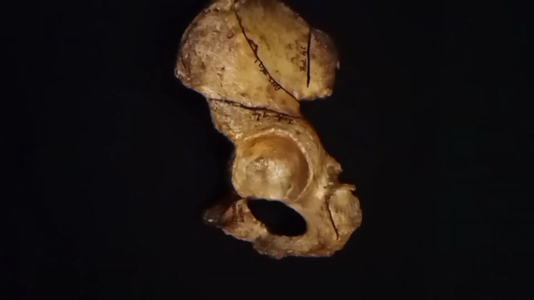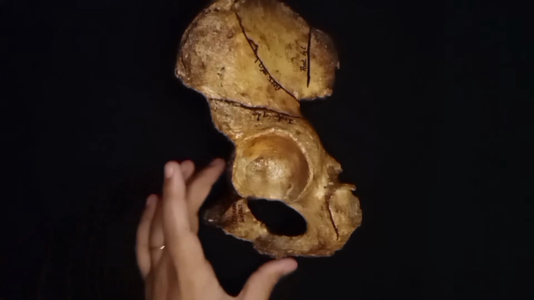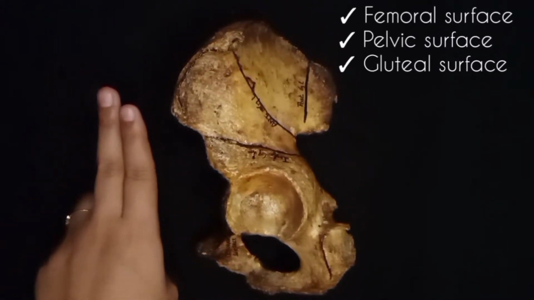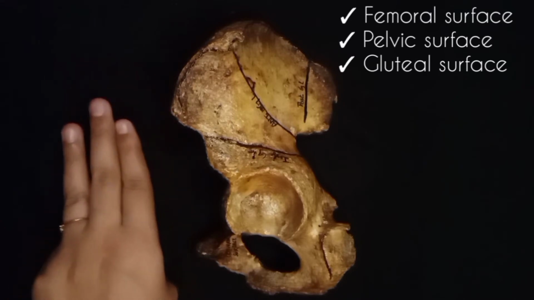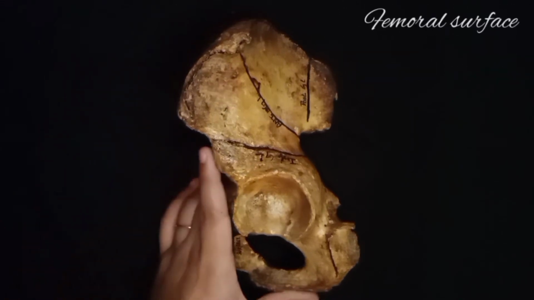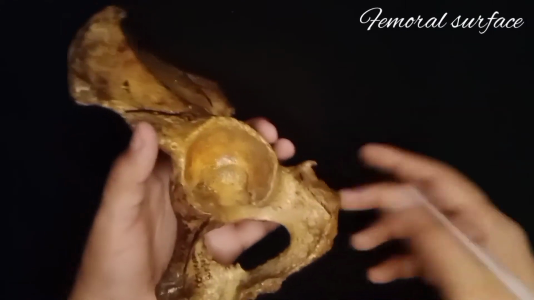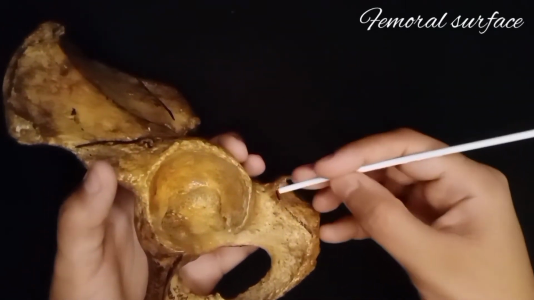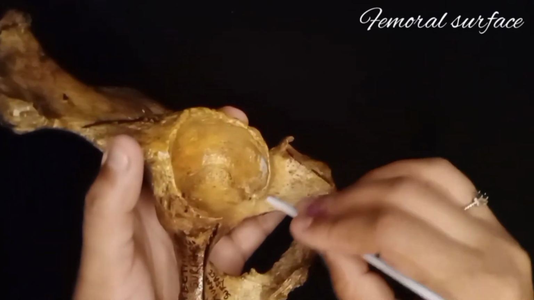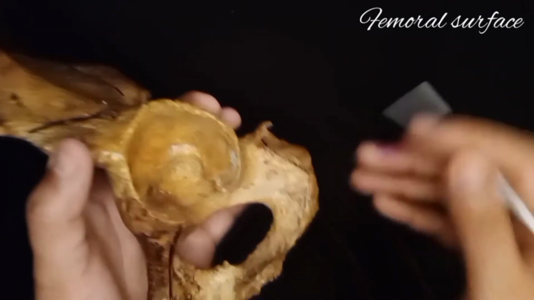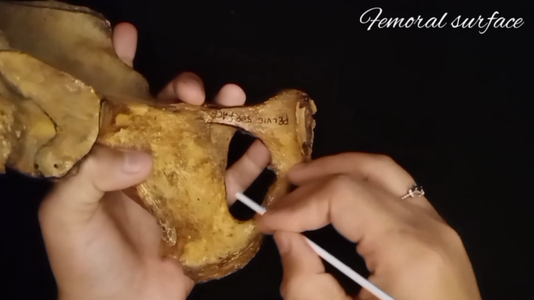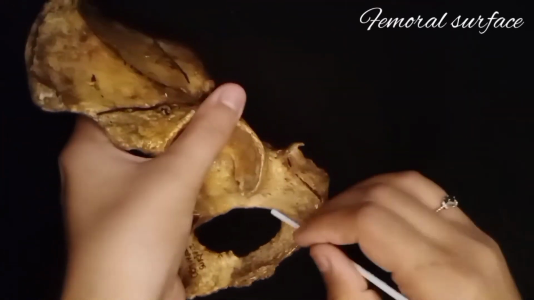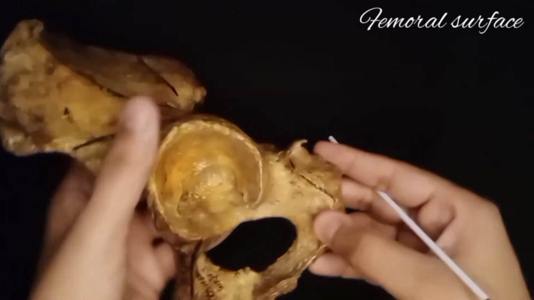Talking about the surfaces, we have three surfaces in total: the femoral surface, the pelvic surface, and the dorsal surface. Okay, so first going through the femoral surface. The femoral surface is this one. First, reminding you of the borders. This is the lateral border and this is the anterior border, right? This one. If you see it like this, you will find out that this is the anterior border. I'm keeping my pen here and tilting it around, and you find out that it is the same. It's just the change in the position.